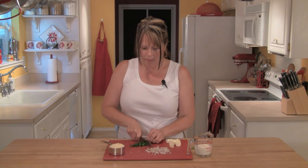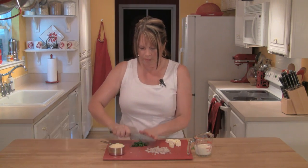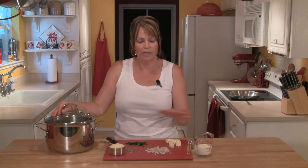I want to end up with about 1 to 2 tablespoons of parsley. Now this fettuccine alfredo will come together rather quickly over at the stove, so that's why it's important we get all of our ingredients ready here. But now it's time to talk about